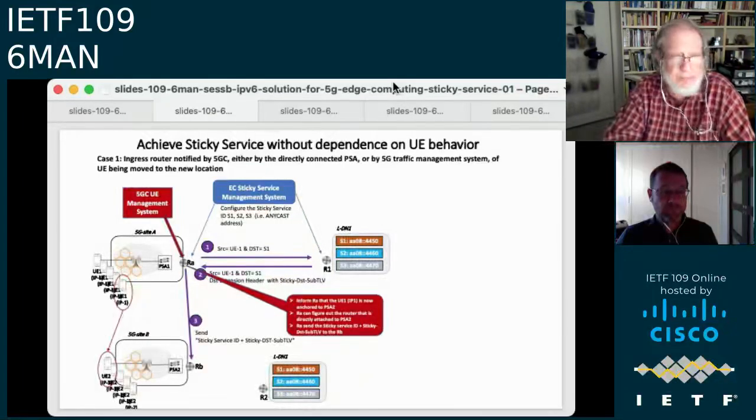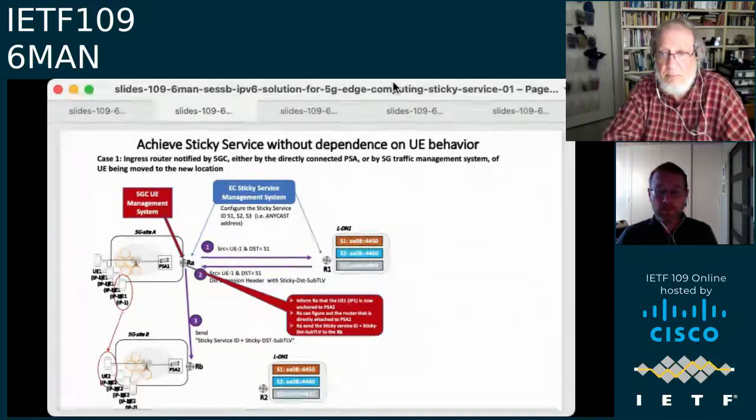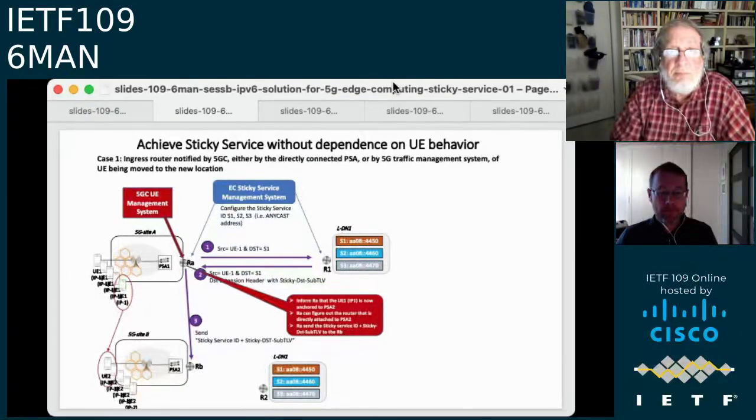This requires 5G management system cooperation, like through the network exposure function. So when the session manager determines that this UE1 needs to be re-anchored to a new PSA, usually they have a handshaking period to maintain the service continuity. With that, the 5G management system can notify the local data network management system that this particular user is to